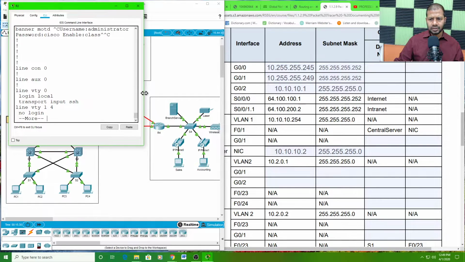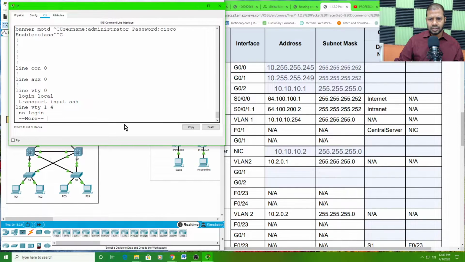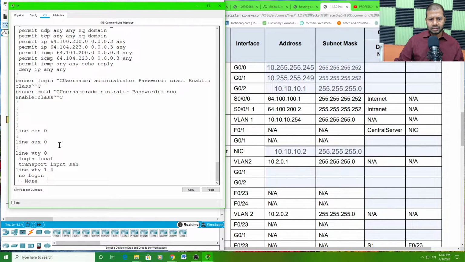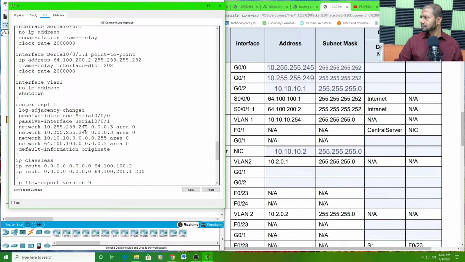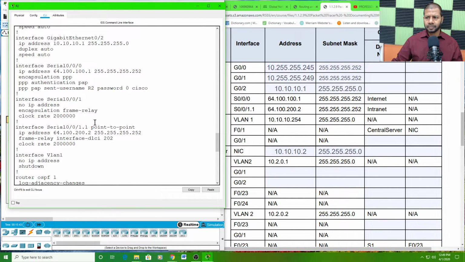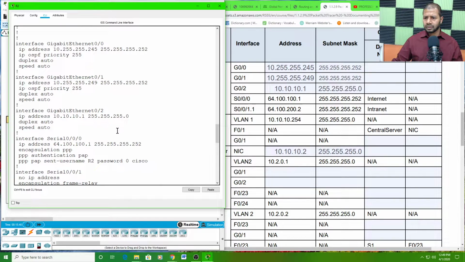R2 should be now bigger. I hope that this font size helps you. Okay. Now,